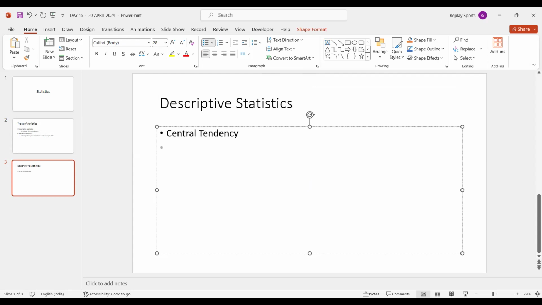and the second one is called variability. So the metric that we use for central tendency is called measure of central tendency. Now, when you have a large data set, of course, you'll come across large data sets, when you come across a large data set,